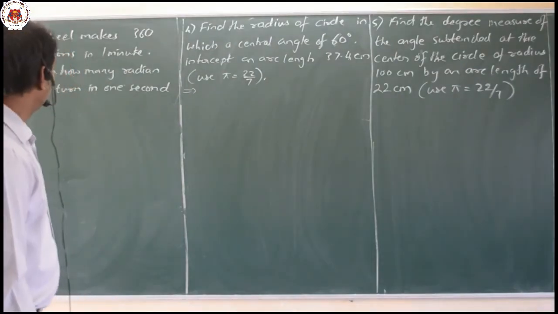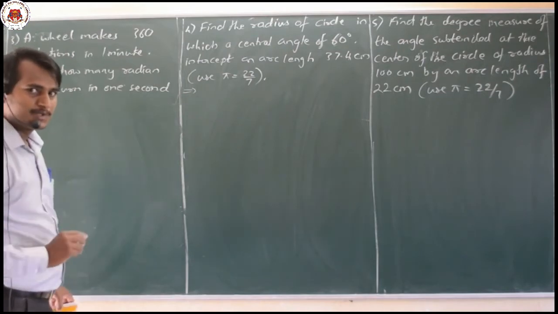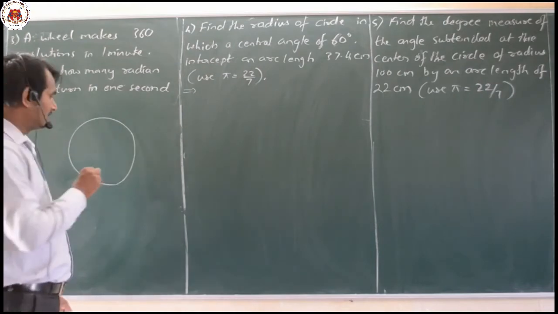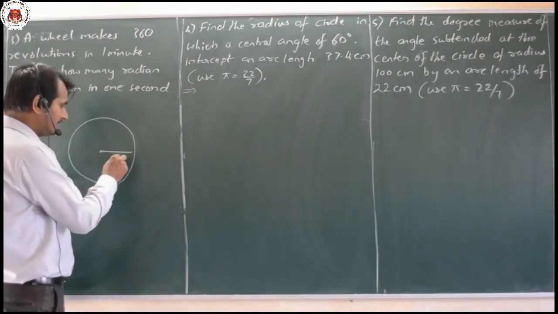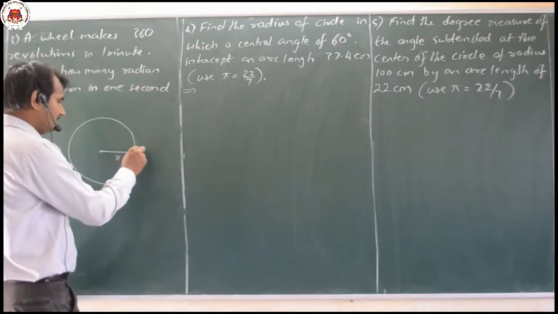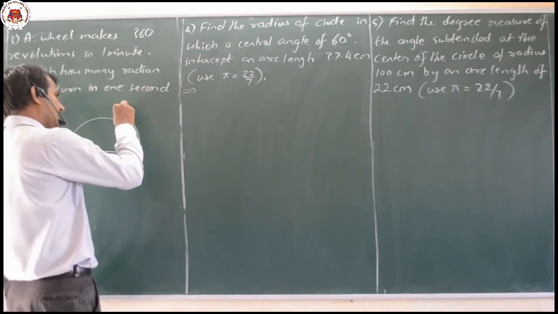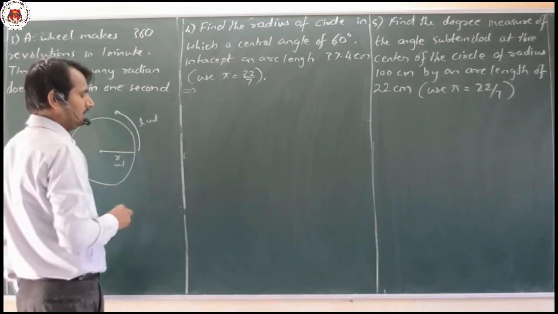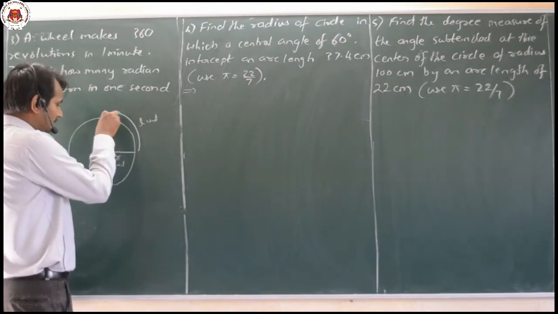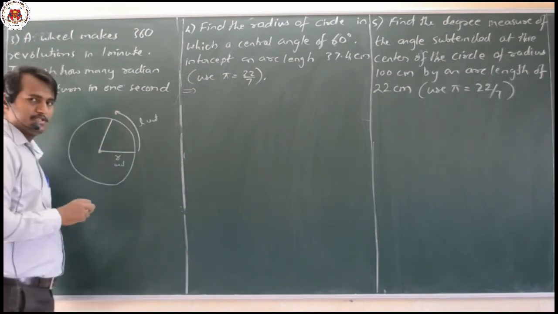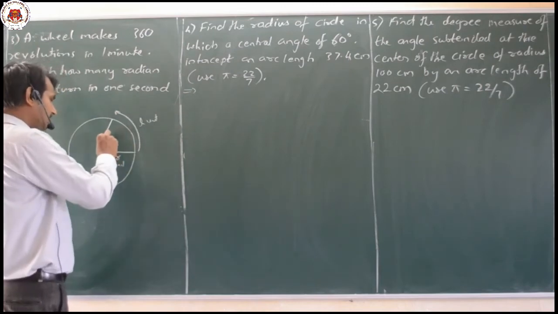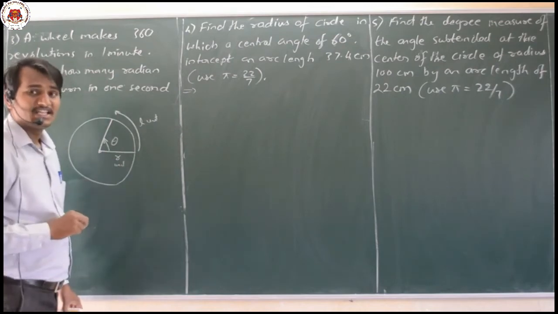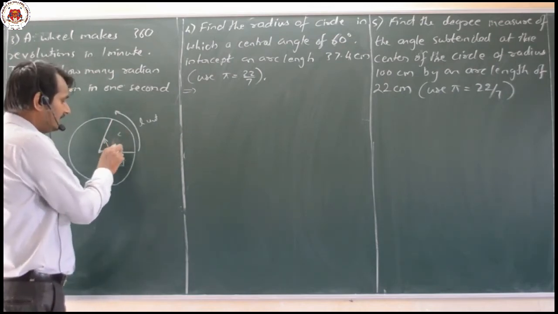In the last class, while learning about the radian measure, we had learnt one important thing. What is it? Let us take a circle of radius r, and we have an arc length of L units. Then the amount of rotation with respect to the arc length, in the anti-clockwise direction, is said to be 1 radian.